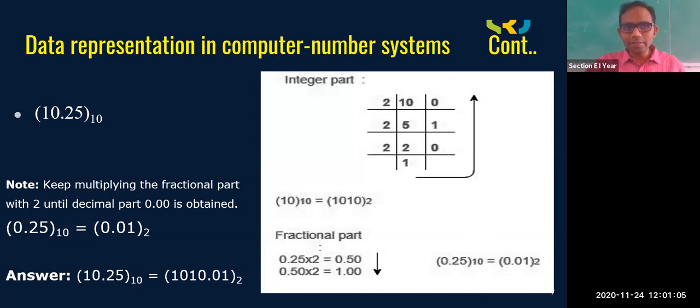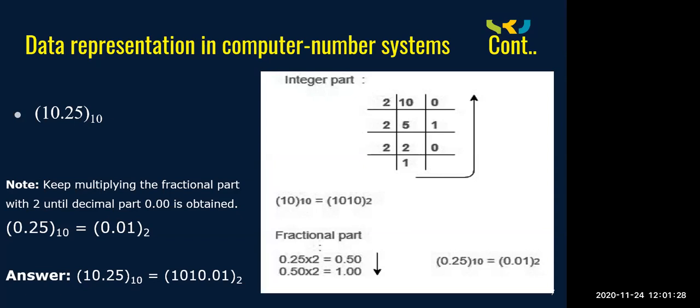Again divide that by 2. When you divide 5 by 2, you are going to get 1 as remainder and 2 as quotient. Is that right? Yes, you are going to divide that again with 2. 2 1s are 2, so the quotient will be 1 and 0 will be your remainder.